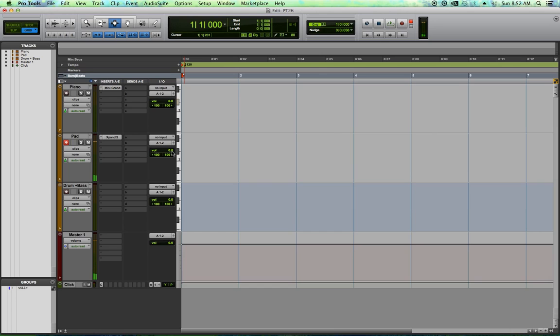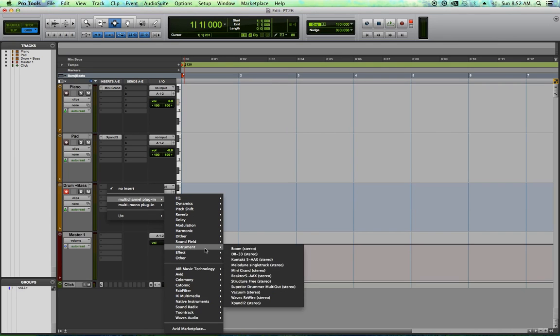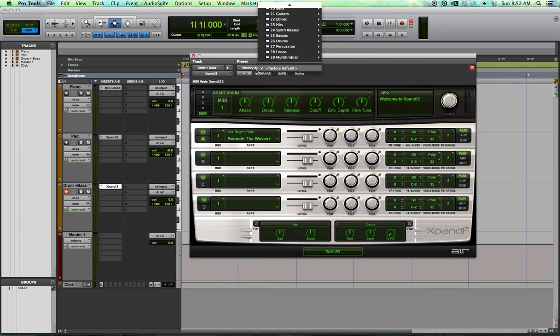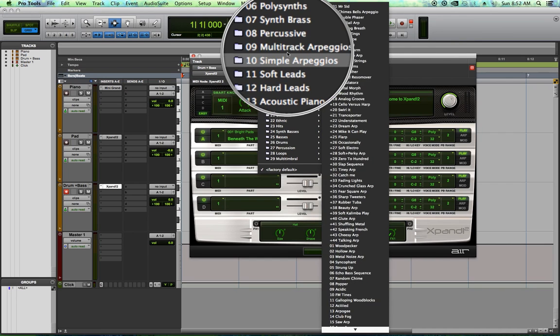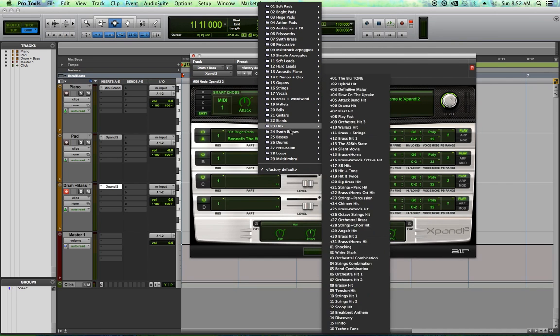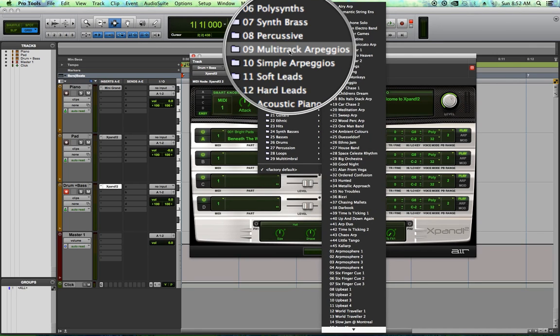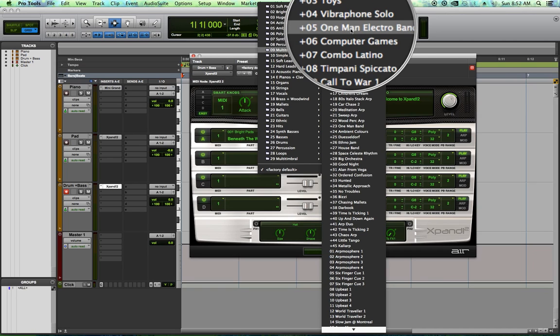Cool, I'm going to use that, but I'm just going to pull the volume down just a touch. And then the last instrument is going to be an Expand instrument. One of the useful things about Expand is there are a lot of arpeggiated settings, as well as loops built right in. Where's the loop? Here's the loop folder. The setting we're going to use is under multi-track arpeggios, and it's called One Man Electro